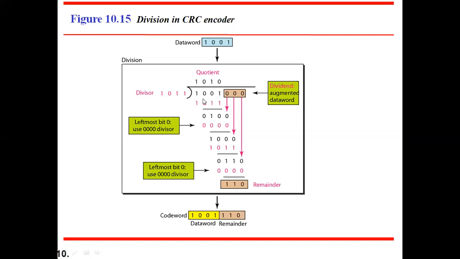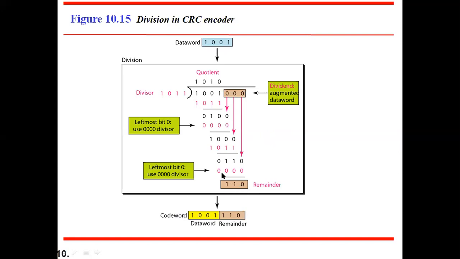code word. So first you have to take the data word, then add n minus 1 number of zeros to that. The n is nothing but how many bits you have in the divisor; n minus 1 number of zeros you add to the data word. Then the divisor will be there with you, by which you want to divide. Then start dividing with the help of modulo 2 division. Then every time you have to shift one bit to the right. Then finally you will come up with one remainder.